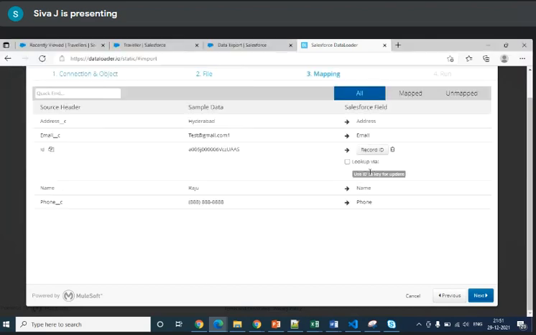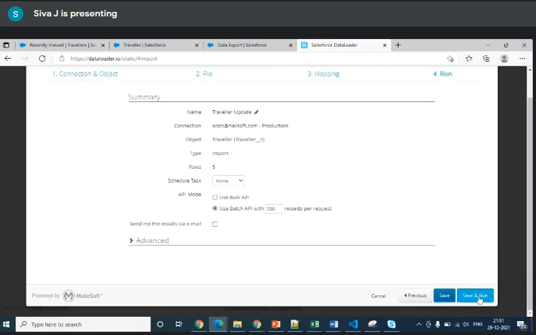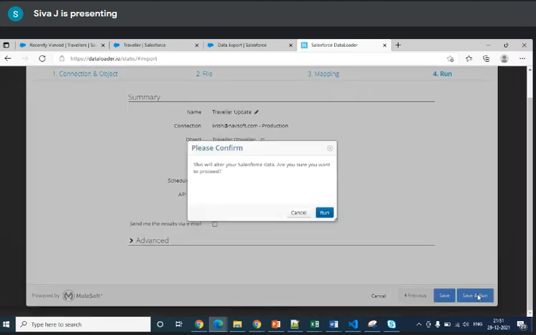So by default, ID will be connected. All the fields have been mapped properly. Then click next. 5 rows of data. Save and run.